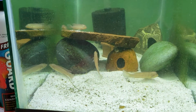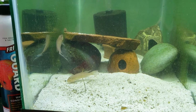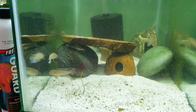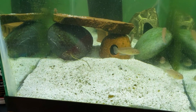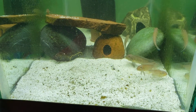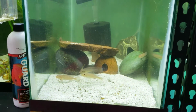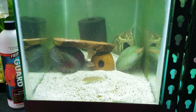This is kind of like a random tangent, but the food kind of got them a little excited, so you get to see them a bit more. Ideally, once this water clears up, I'll be able to see them a lot better. I might do a tiny, like 5% gravel vac tonight, once all the stuff over here settles, just for the sake of clearing this up a tiny bit more. But I'm pretty happy with how it looks at the moment,